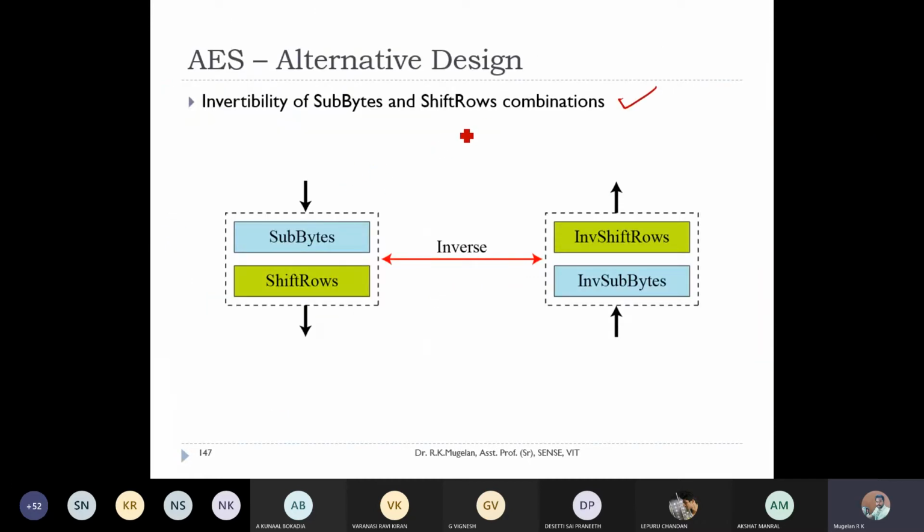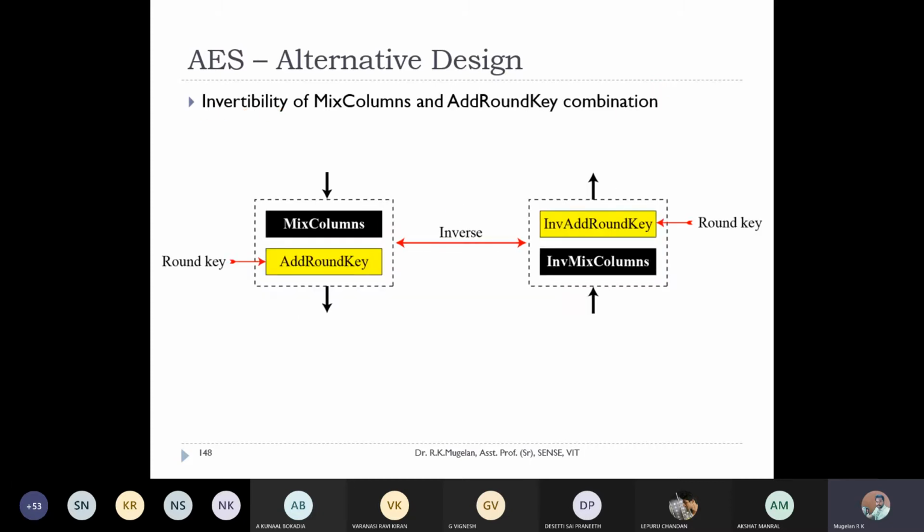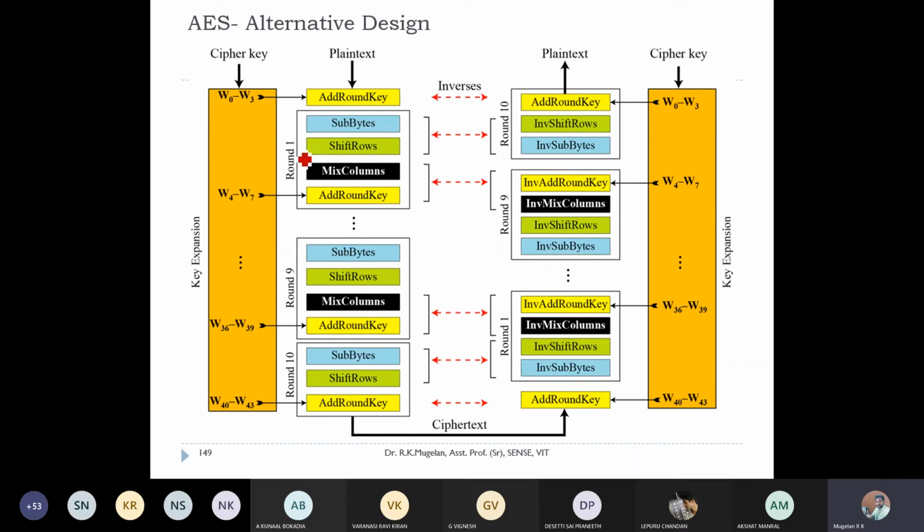It is also possible because in the AES algorithm, all the rounds are going to be non-Feistel cipher rounds. The non-Feistel cipher rounds will always use components which support only the invertible property. So whatever the order you go, since it supports the invertible property, these things are going to obey the rules. So they can interchange this also. By interchanging, now you can see this is the alternative design: sub byte, shift row, mix column, add round key. We also go with the exact inverse: inverse sub byte, inverse shift row, mix columns, and add round key. So this is the alternative design they proposed for AES.